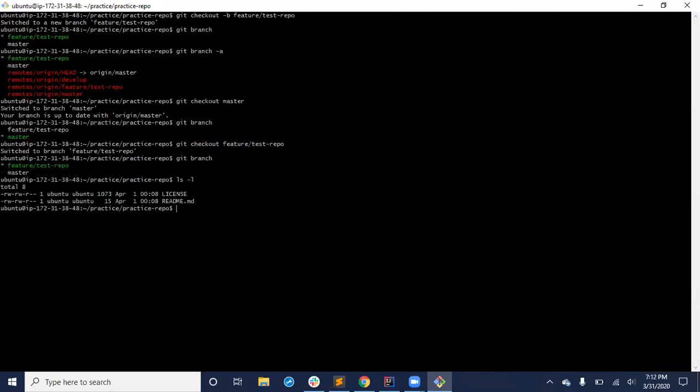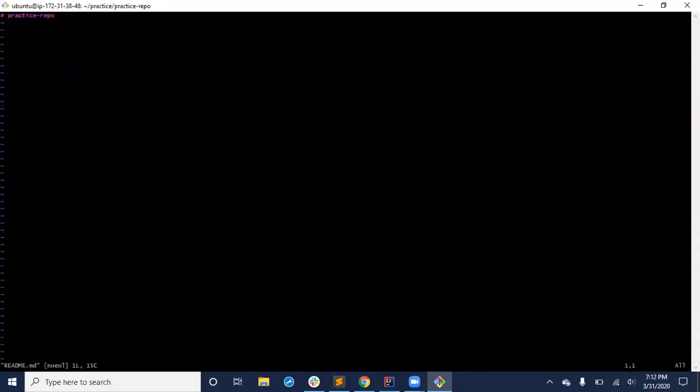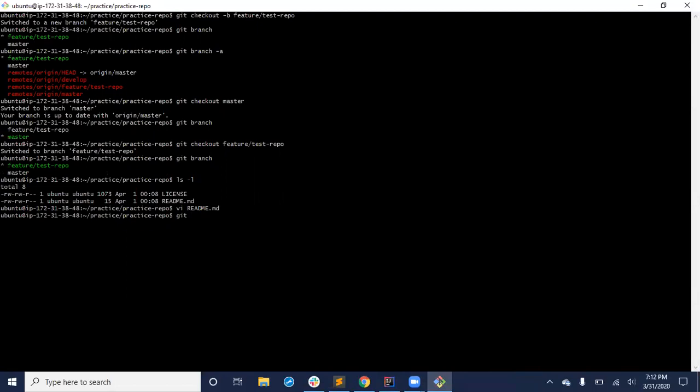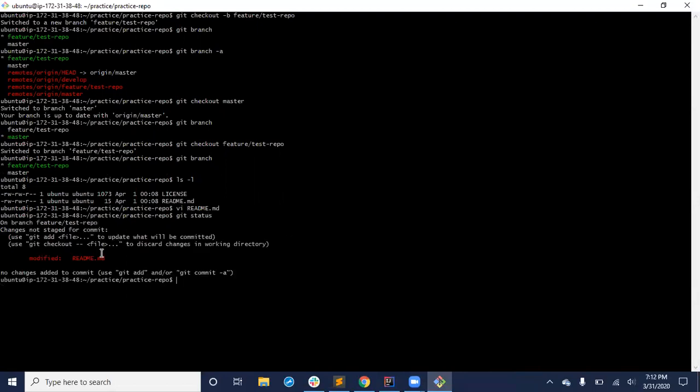So let's say readme.md is there. Some test, something I changed. Now see this, git status says readme.md changed in the feature branch test repo. Now let me do git checkout to master. No, actually there should be a problem. Git stash is what we normally do.